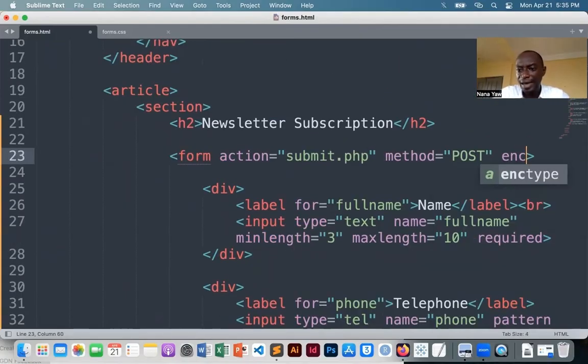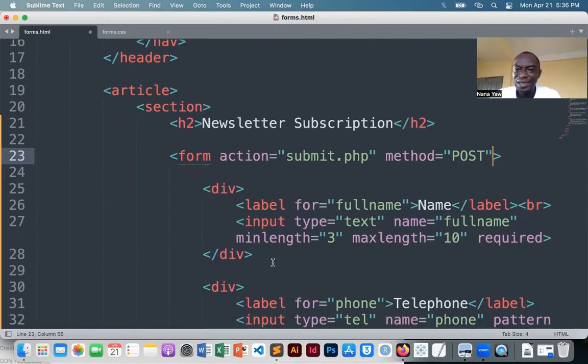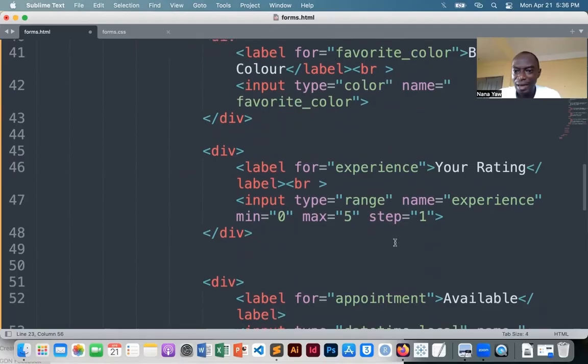So we have enctype specified, and you come here and then you specify the type of attribute that you want to use to upload it. You don't need this enctype if you don't have any business submitting,